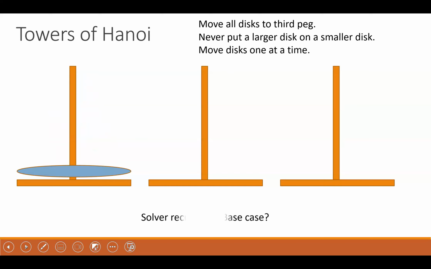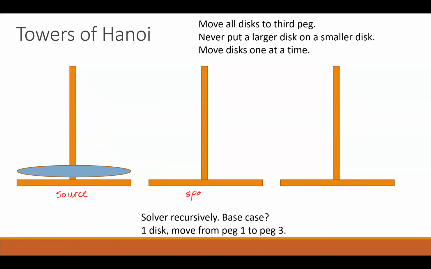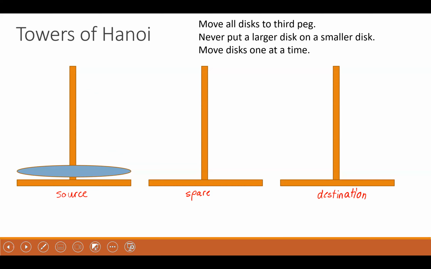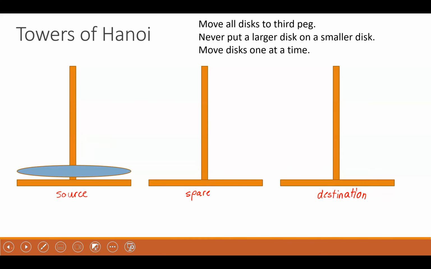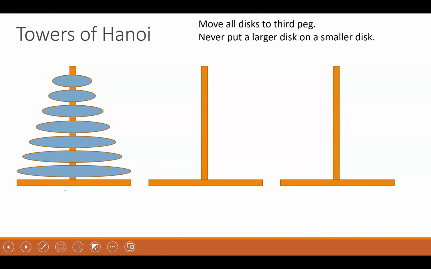Okay, so I'll just write this down. This is my source peg. This we will call the spare peg, and this we will call the destination. So the idea is I want to move all of my disks from the source to the destination. Source, spare,